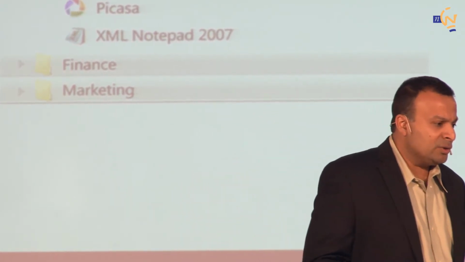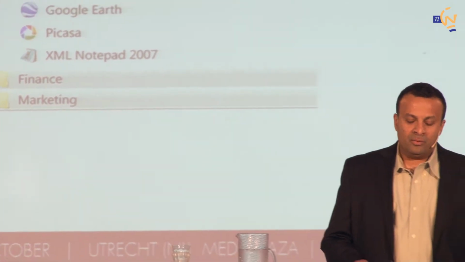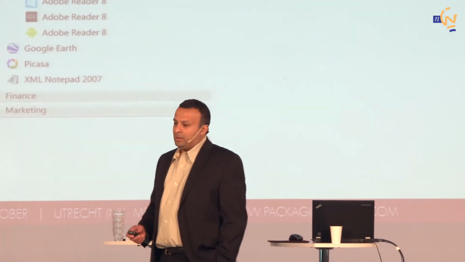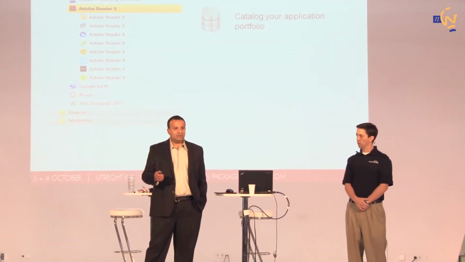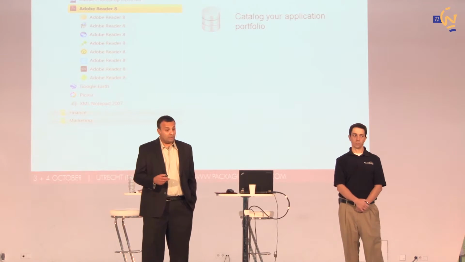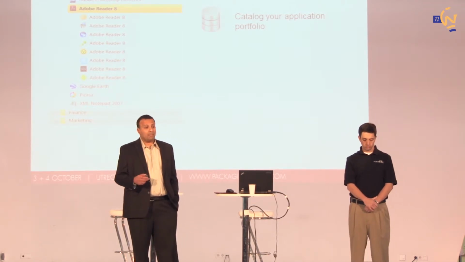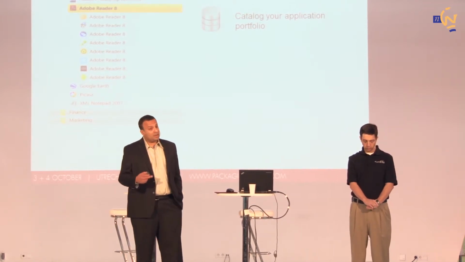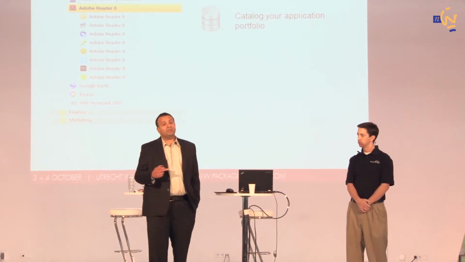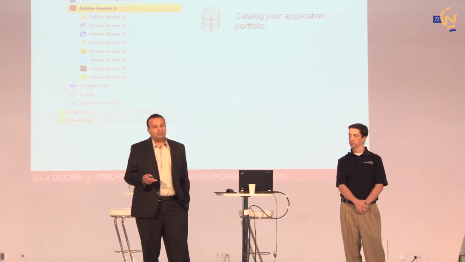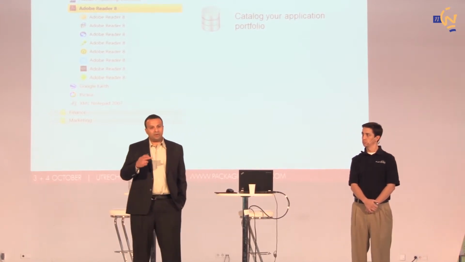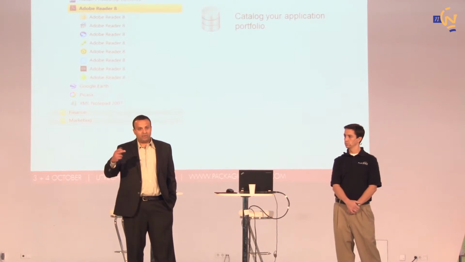So catalog your application portfolio. Rather than using a spreadsheet or a Word document with names and locations of all these applications, put them in a database, whatever it is, and organize it such that you can use it in the future. The applications are versioned. There's history maintained as you make changes to these applications, whether it's testing, whether it's packaging, and then deploying. So you have a history of exactly what is happening at every point of time.